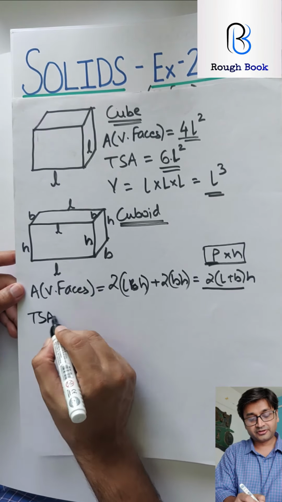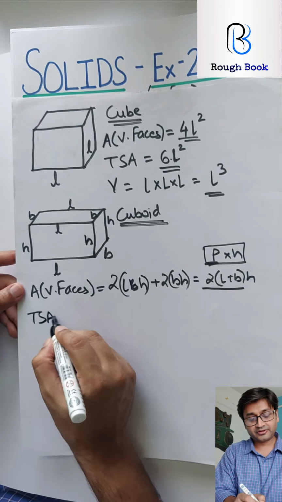Total surface area. So 2 times length height from here, these two vertical faces, this one and the opposite one. 2 times breadth into height, this and the opposite, and now the top and the bottom, that is ceiling and the floor. So length into breadth twice. Alright, how will I write this properly? I can pull out two common, LB, BH plus HL. This is a proper formula that we have derived for the total surface area of a cuboid. Are you getting it? I am not giving you anything direct. I am making you understand why it is like this. Alright. And in the end, the volume, so that is length into breadth into height.